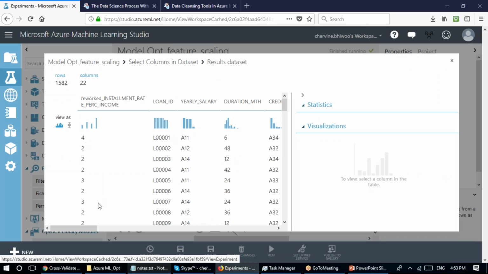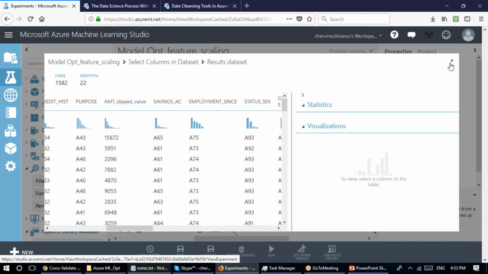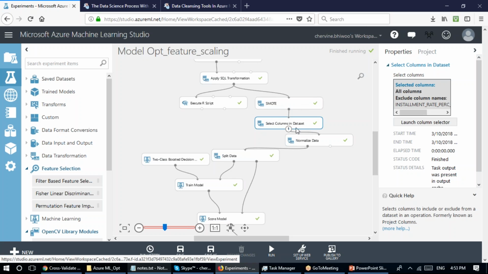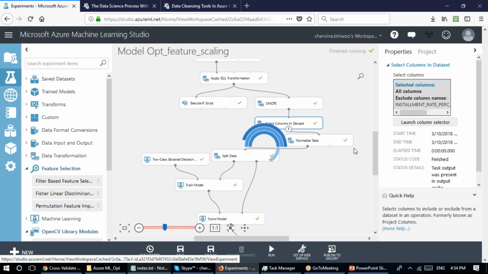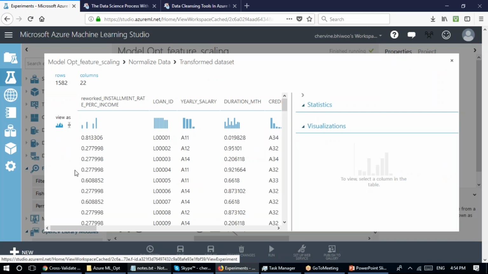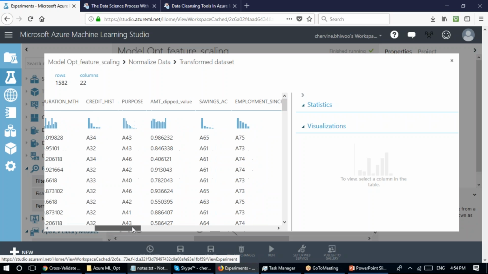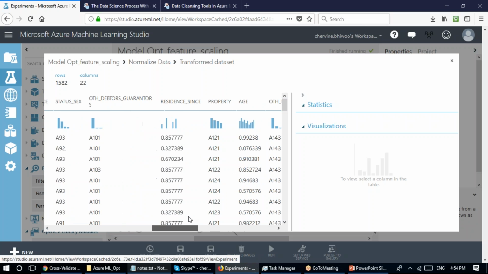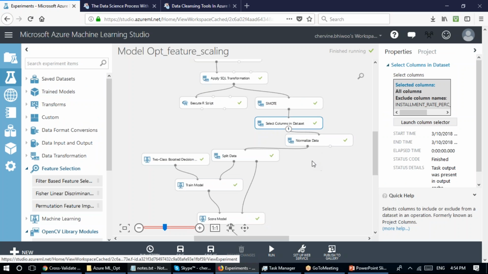So before that, everything was 4, 2, 2, and each column has its own scale. And after going through the normalized data module, you will see that everything goes in a scale of between 0 to 1. So it kind of normalizes all this data and puts it in a similar scale, so that the algorithms do not